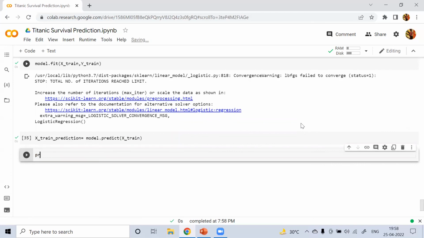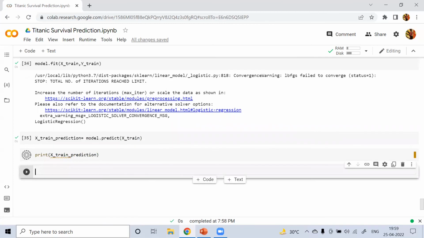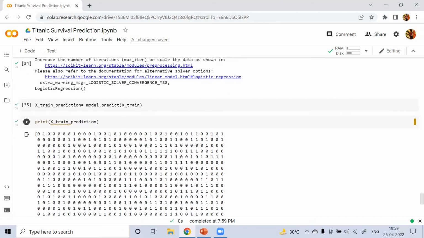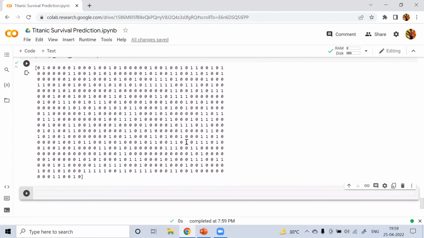So I will print this X train prediction. So these are the training data predictions. You can see the values 0, 1, 0, 1, 0, 1. So now we will print the training data accuracy.